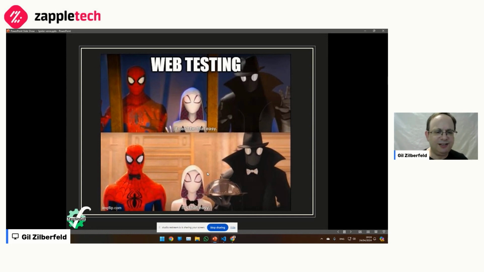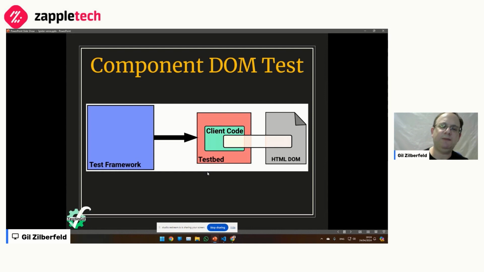So yeah, let's just talk about what is the web testing that we have in our mind, the thing that we do with Playwright or Selenium, and how it's different than component testing, just to get everyone on the same level. So web testing is, well, which one? I have the component first.